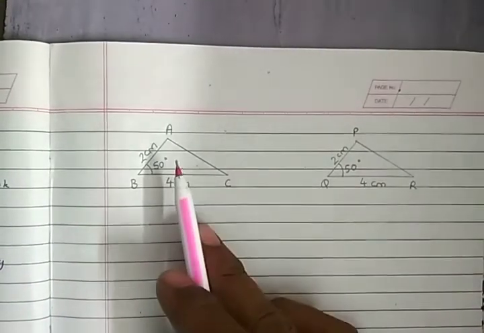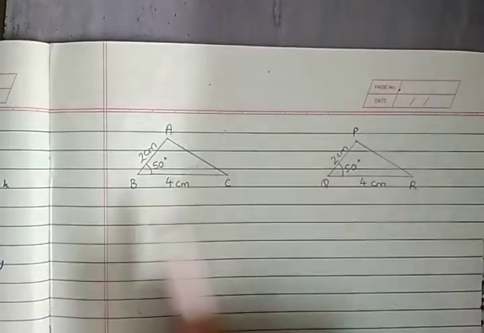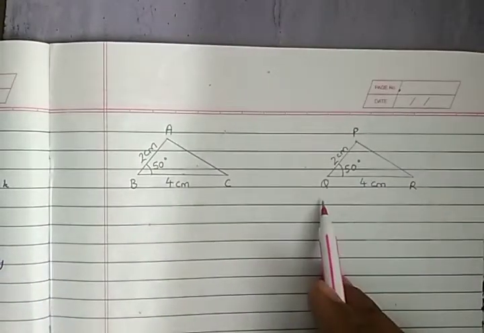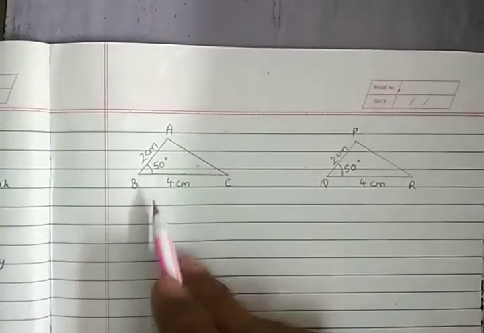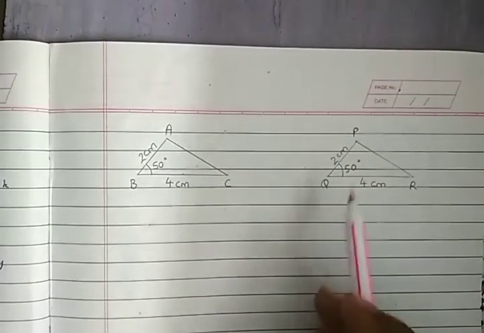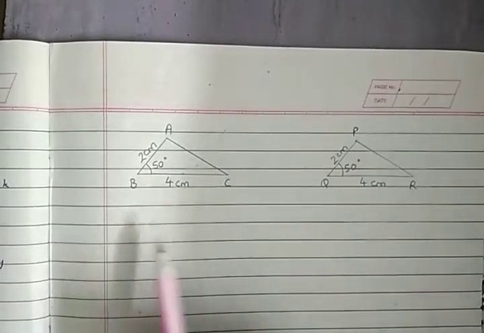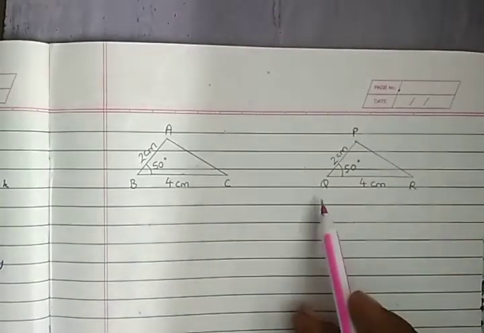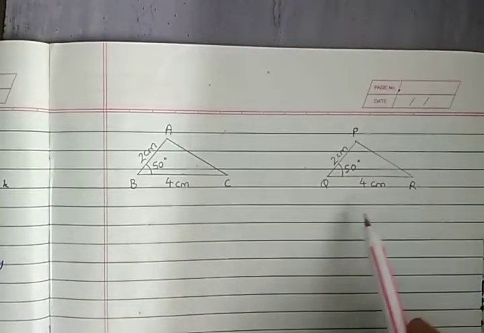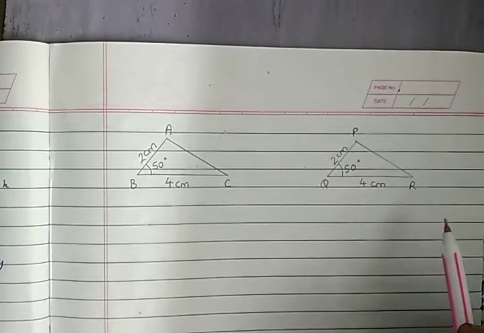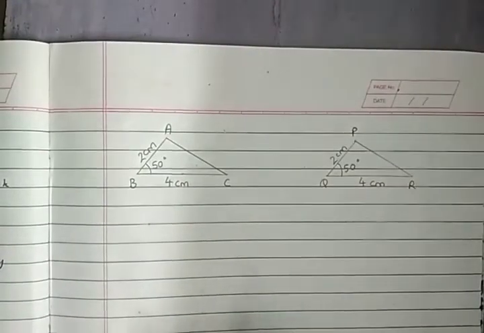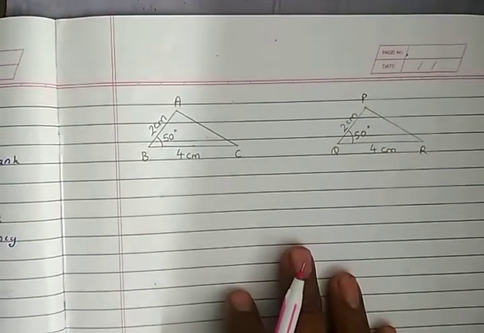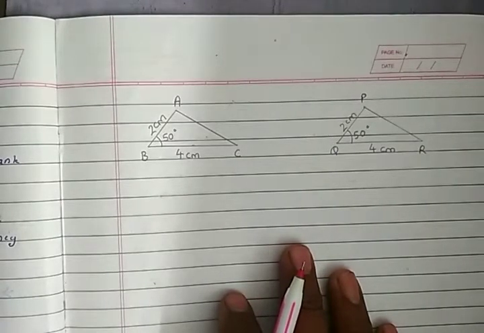You see these two triangles, triangle ABC and triangle PQR, where angle B is equal to angle Q, that is equal to 50 degrees, and side AB is equal to side PQ, that is equal to 2 centimeters, and side BC is equal to side QR is equal to 4 centimeters, right? How can the side angle side congruency be proved? Let's see. First of all, whatever information is given, you will have to write it down, okay?